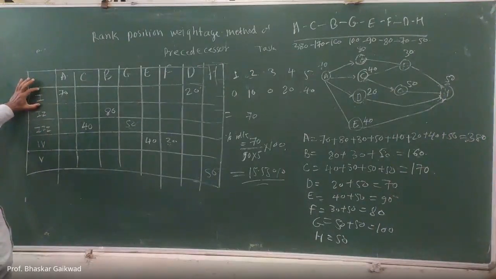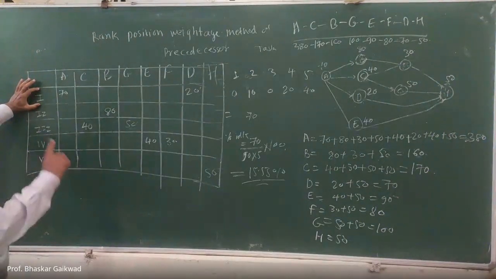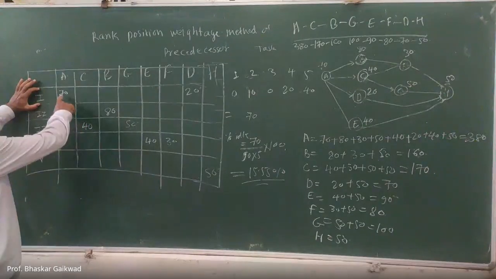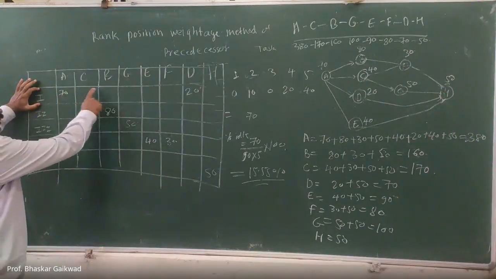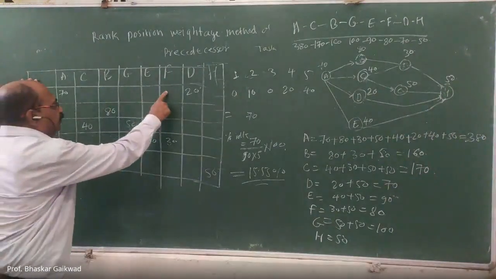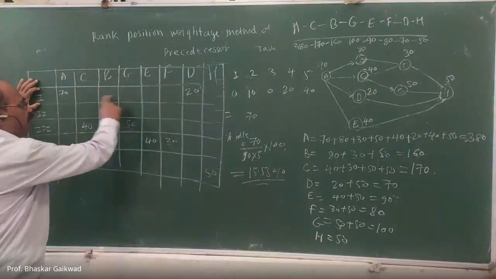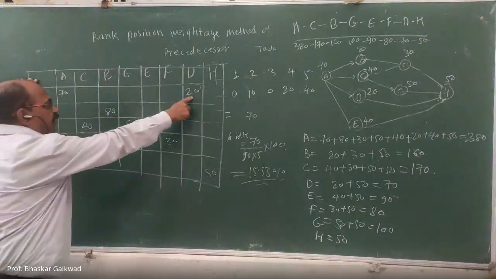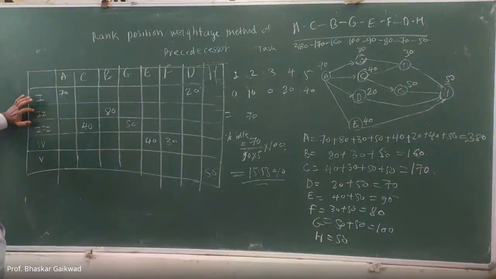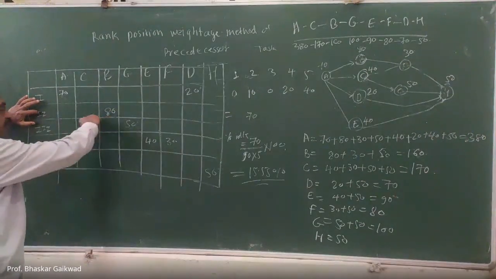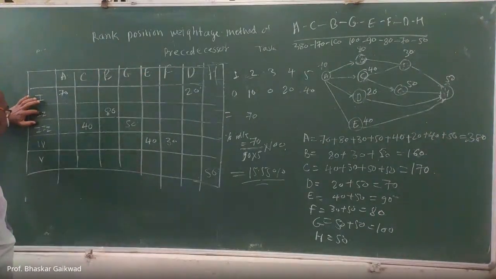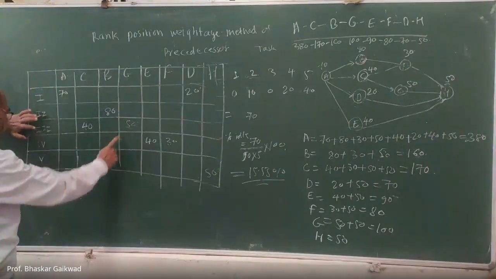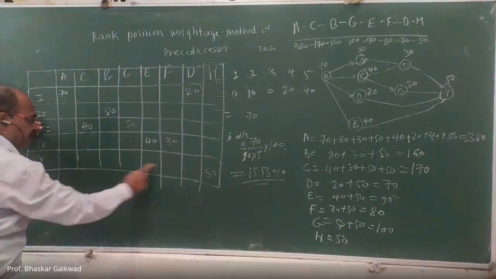So for first station you can go sequence wise. 70 you can take, but if you take B or F, one of the values of this, then it will cross above 90. So that's why I have taken 20. Similarly, second, 80. If you take additional, it will cross above the 90. So this is the 90, this is below 90, and this is below.